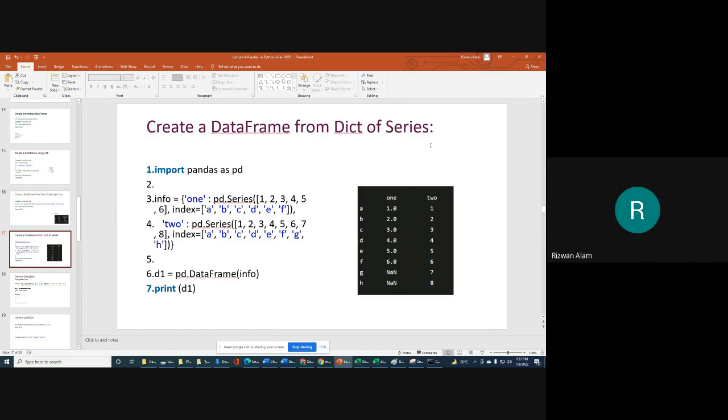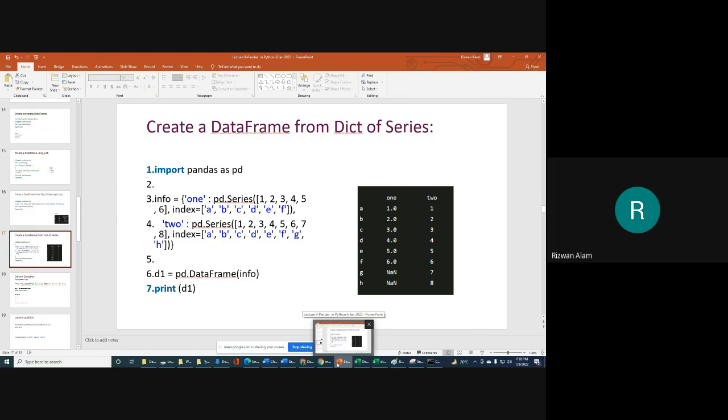So if you have a data set of only one column, it will be stored. But you can use a collection of series for creating a data frame. So we will use series for creating our data frame.